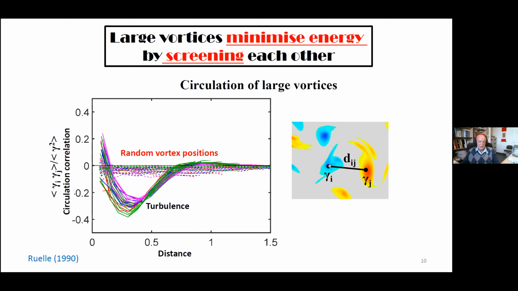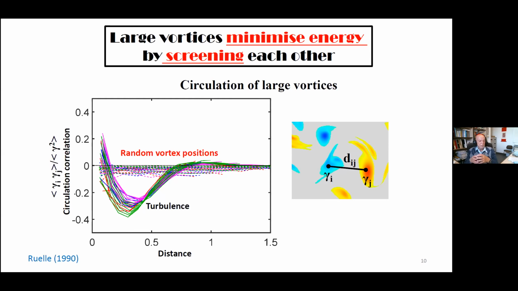And you can test that this is happening, that the vortices try to get organized into these counter-rotating dipoles, by looking at the correlation function between the circulations as a function of distance. When you do that, you get these solid lines here that have a minimum, and the minimum is negative. That means that if you have a positive vortex here, you tend to have a negative vortex there. And this is basically the mean distance between vortices.